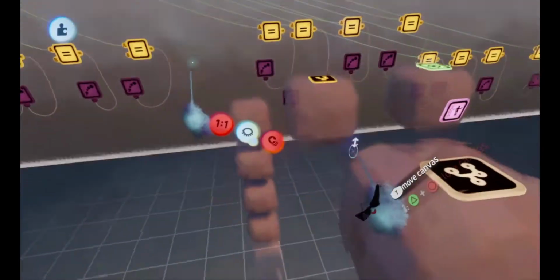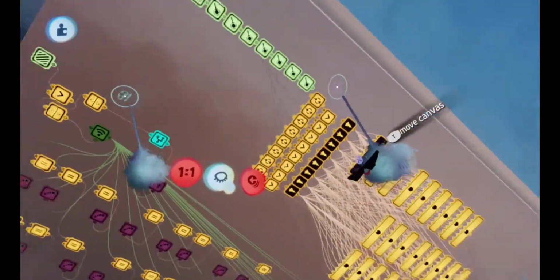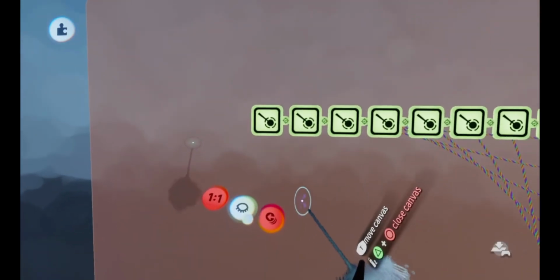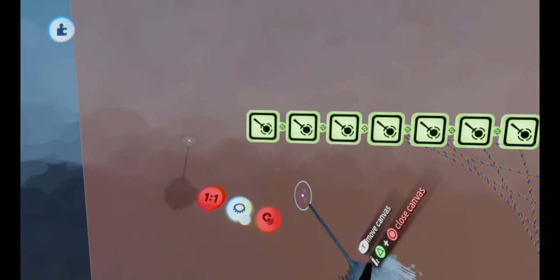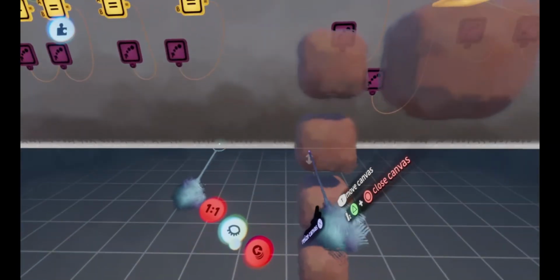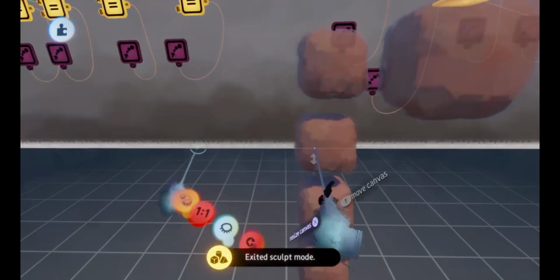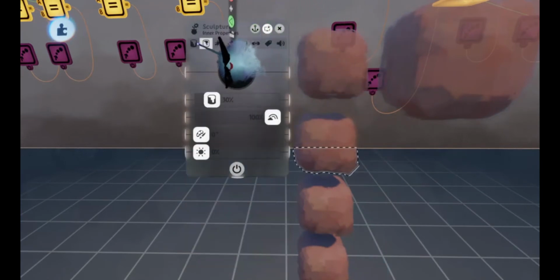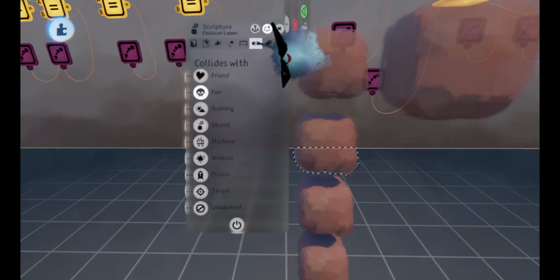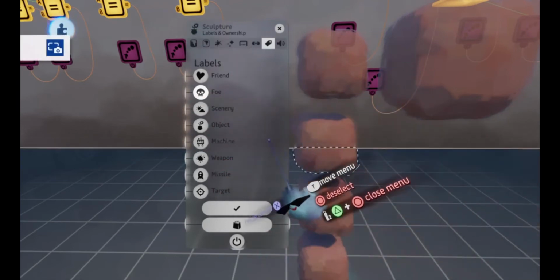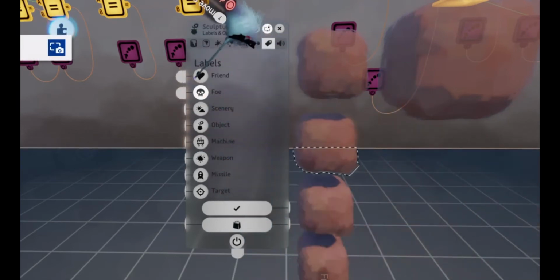Then the next thing I want is to be able to read it. You could use logic, maybe, but it really is not efficient. So what you see here is labels. Now count how many labels there are.